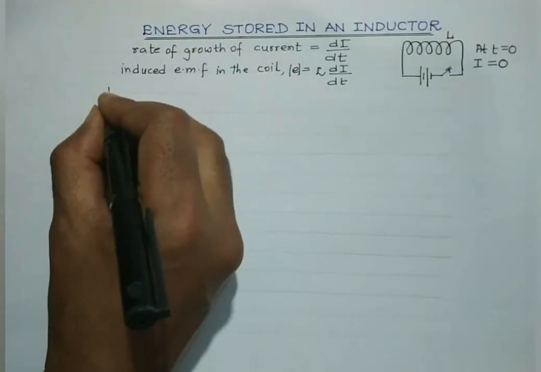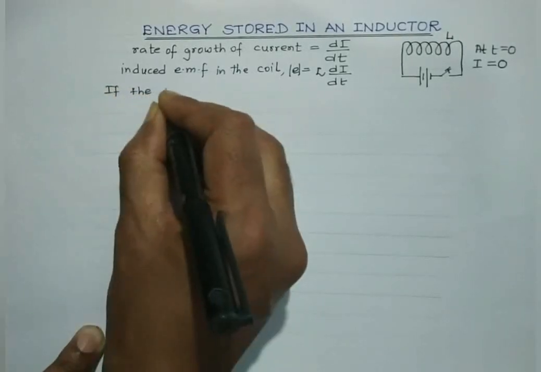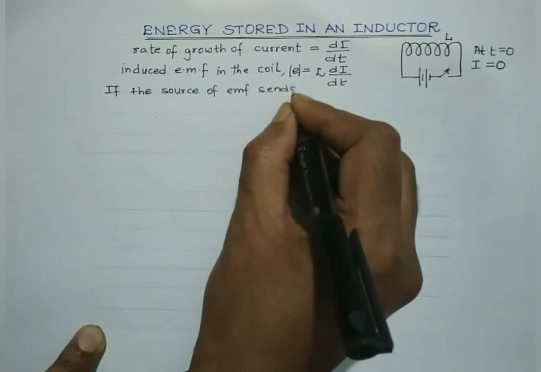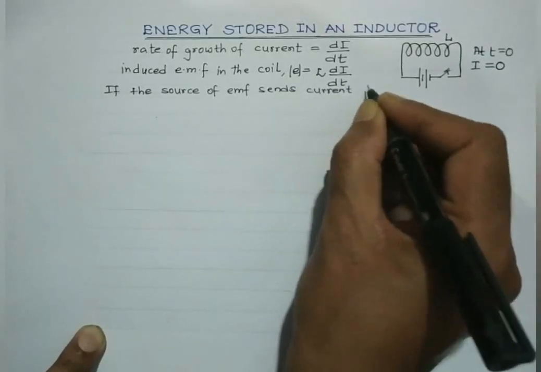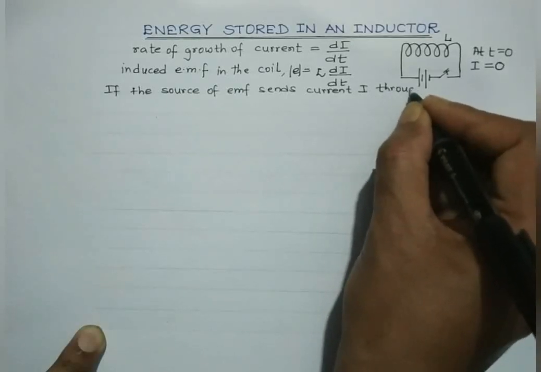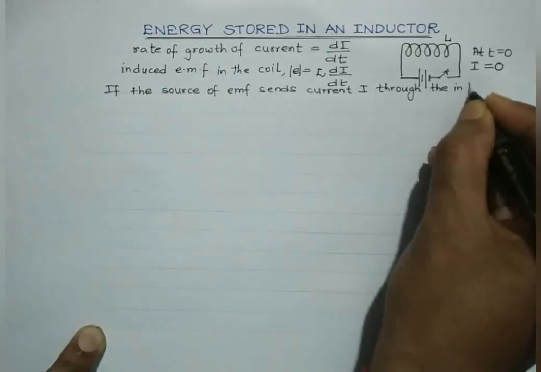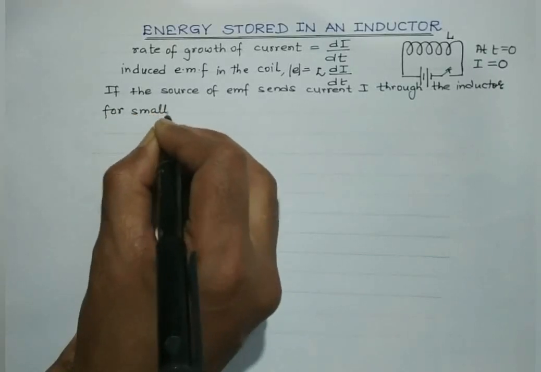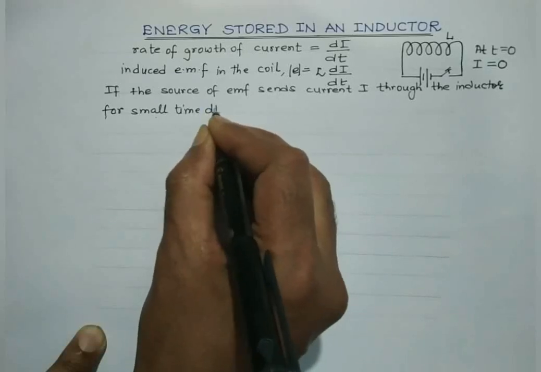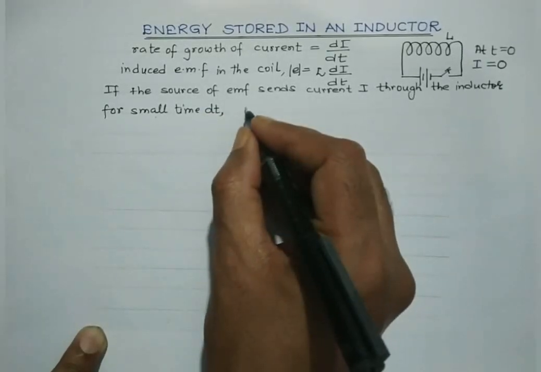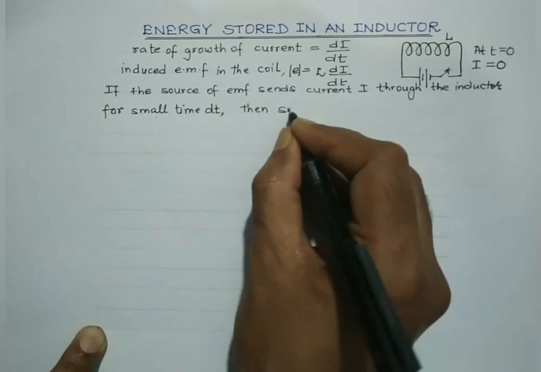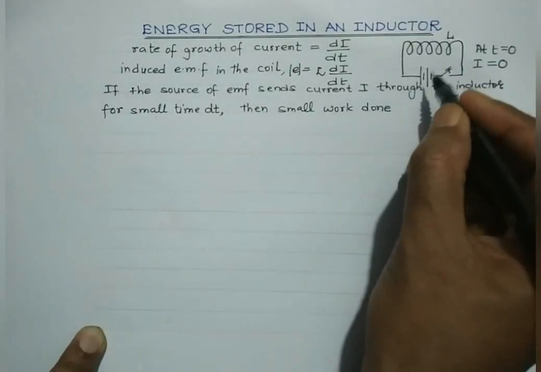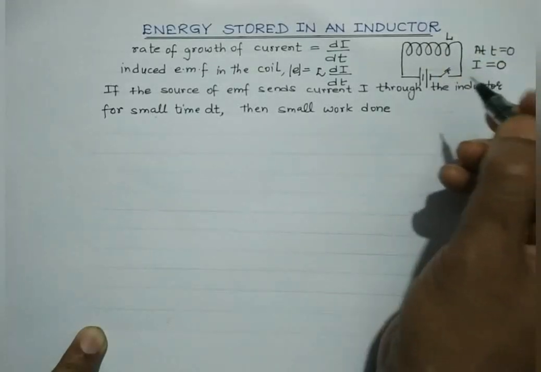So if the source of EMF sends current I through the inductor for small time dt, then the small work done by the source in sending current through the coil against the opposing induced EMF is given by